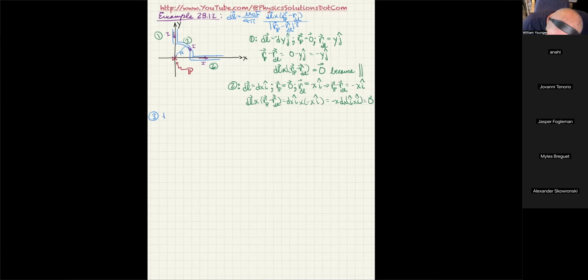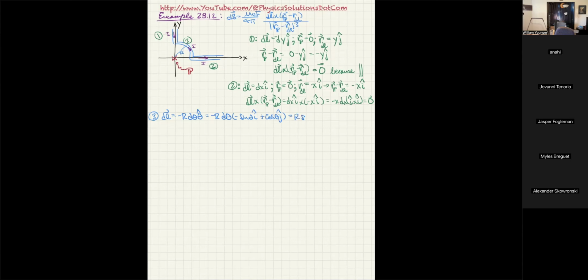So dl is negative r d theta hat, and theta hat is negative sine theta i hat plus cosine theta j hat. So when I distribute that negative, I'm going to get